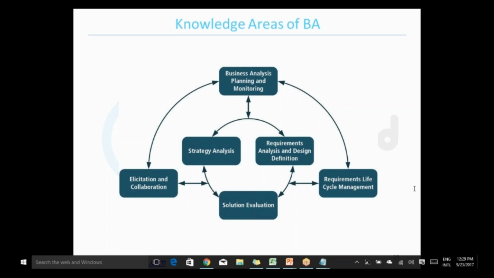Other than that, the syllabus will be the same for any industry, whether it's IT, insurance or finance. All these things will be the same in any industry, right? Yes. The slide which you are seeing, the knowledge areas of BA, is the core BA knowledge area. It would be the same for any industry. So we would be learning this core knowledge area.